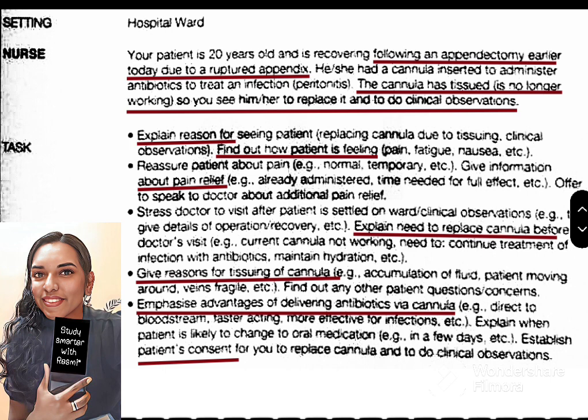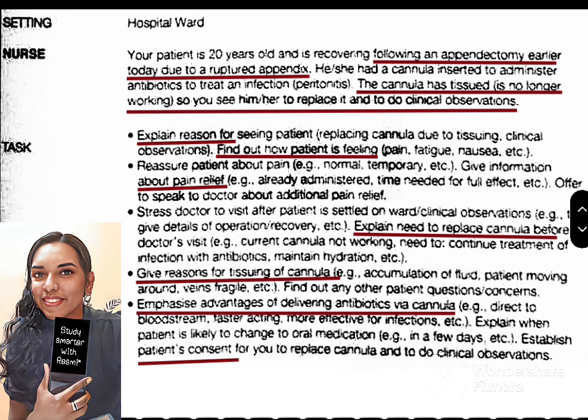The patient's question will be, could you please tell me, sister, is it necessary for recannulation? I can take the antibiotic in tablet form, so is it okay? Then the answer will be, Mr. John, I can truly understand your feelings. I know that you're feeling that the cannulation will be painful, but I can tell you the advantage of this